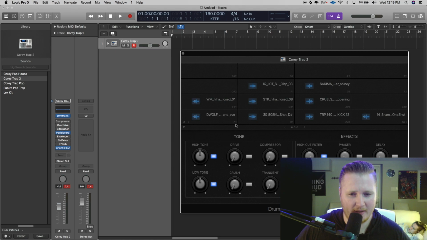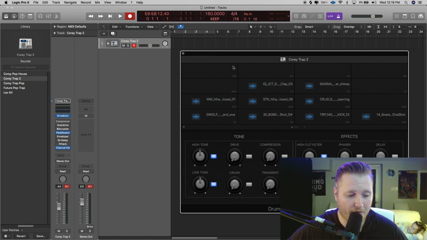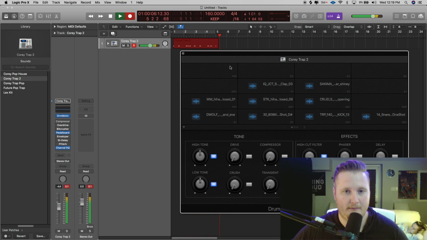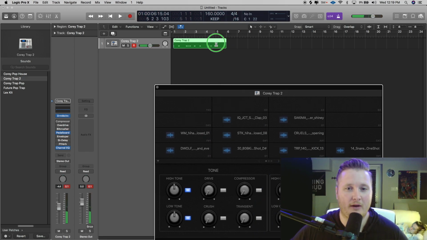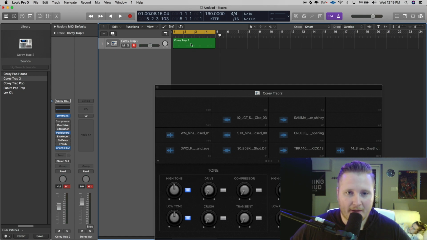You can see that on C1 on the keyboard. So C1 is this kick. Then D#1 is this snare, so I'm going to use these two. So you just press R to record. So then we essentially have our first initial groove that we do. If we double click on the MIDI